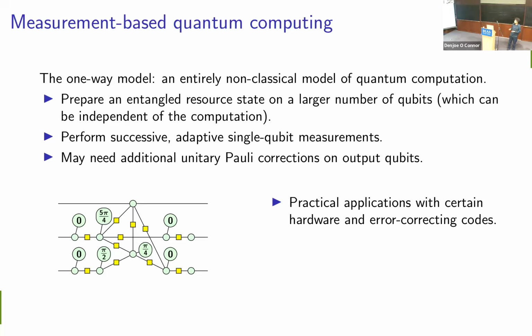But for example, for photonic quantum computers, where entanglement is actually quite difficult to create, it makes sense to front load that and then do your computation via these measurements. And not have to worry about creating extra entanglement inside your circuit to do these controlled NOT gates or other 2-qubit gates. What I should mention here is that, of course, in order for this computation to work, we can't just do computational basis measurements. So we need to allow a much broader range of measurements to really be able to drive our computation in the direction we want to go. But it's very well understood what types of measurements we're allowed to make that are compatible with having something that is deterministic overall.